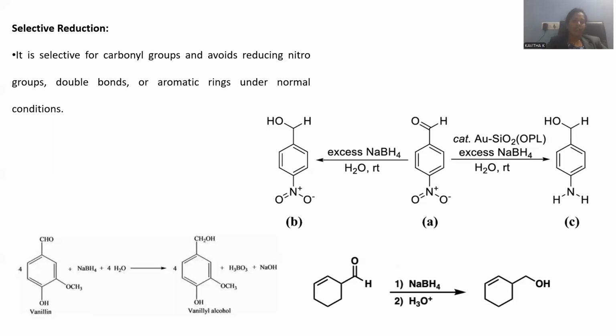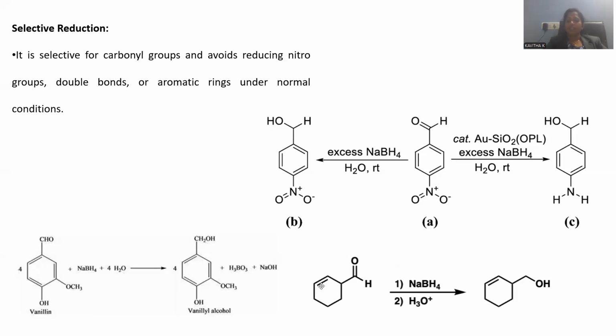And here is vanillin. Vanillin is a compound where you can notice the benzene ring with an aldehyde, a methoxy at the meta position and a hydroxy at the para position. Let me say para-hydroxy, meta-methoxy benzaldehyde is called vanillin. That is reacted with sodium borohydride in water. Methoxy remains as such, unreacted. Hydroxy remains as such because it is also not reactive towards sodium borohydride. Only the aldehyde selectively reacts, giving rise to a primary alcohol. Though we have multiple functional groups on the benzene ring, sodium borohydride is more selective towards aldehyde to alcohol.